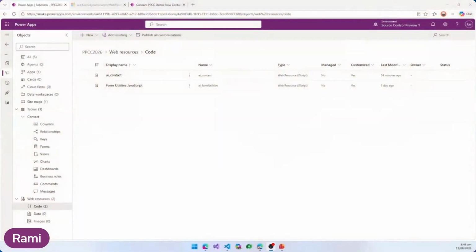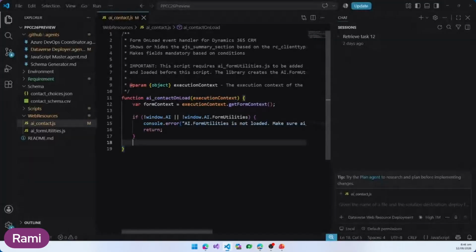So I'm going to go back into my demo, and I'm going to show you the AI way, the agentic way of actually doing that. So let me go back into my demo environment. And what you can see in here is where we started with make.powerapps.com. Now I'm going to switch into VS Code, Visual Studio Code. In here, I've got the JavaScript that is empty, that has nothing in it. And I want to start building that JavaScript, populating the right information, putting all the right elements in it. And then I want to publish it. And then I want to go and test that change in my environment.